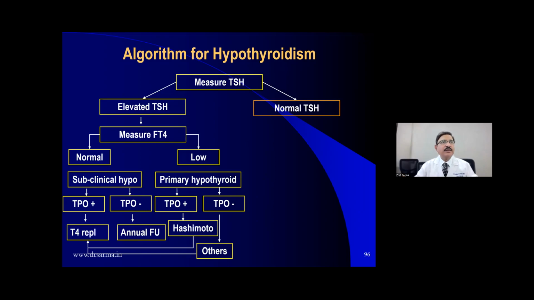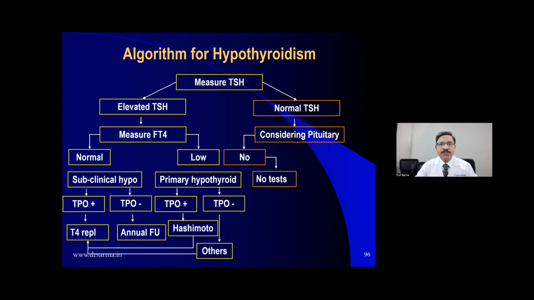Now, TSH is normal, and the patient is having clinical symptoms of hypothyroidism. That means the primary hormone from the pituitary, the stimulating hormone itself, is not the problem, so you are probably considering the pituitary. If you are not considering pituitary origin, then no more tests are needed if the TSH is normal. Suppose the pituitary possibility is still being considered